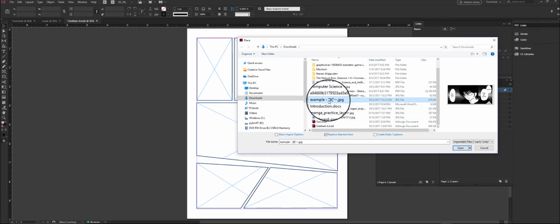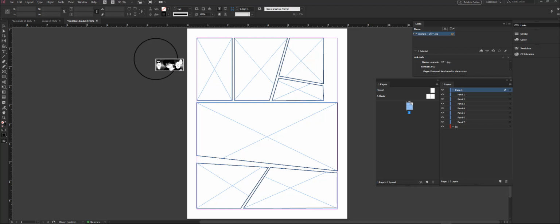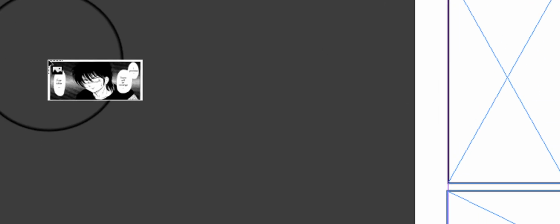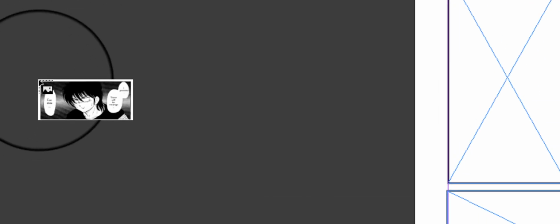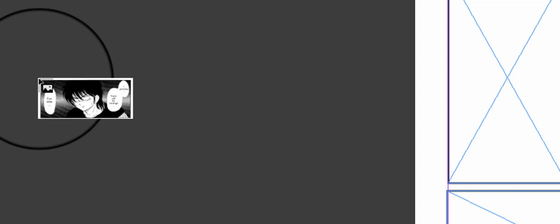and I got these panels here, and some of them are full images. So let's just say I was going to grab this image here. I click Open, and now you'll see my mouse. If you look closely at my mouse, it has dotted lines at a 90-degree angle. Those dotted lines mean if I were to click now, it will place my image in a frame of its own at the size of the image. So if I hit place now, as you can see, it placed the image at the size of the original